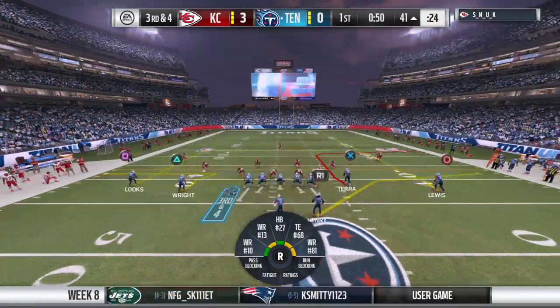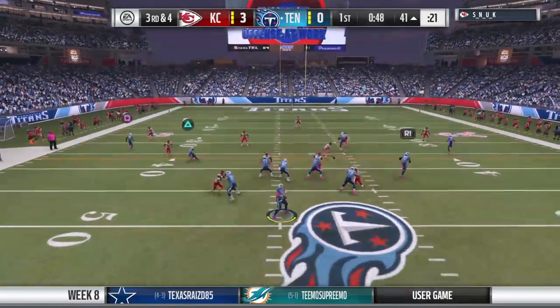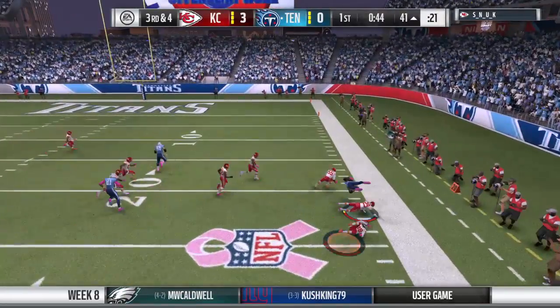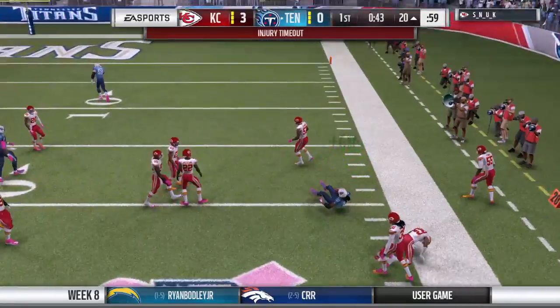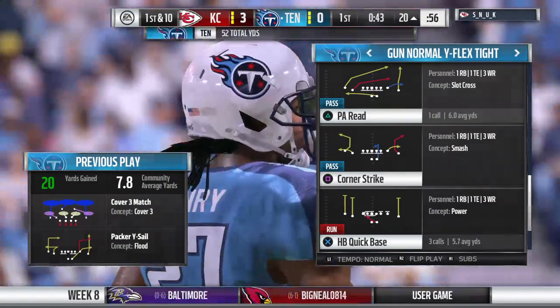An extra defensive back in the game now here for 3rd and 4. Mariota again. He dumps it off for Henry. And he's going to get this one down right to the edge of the red zone, the chalk of the 20. Now after the completion, we're going to...